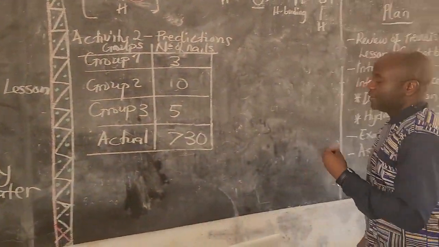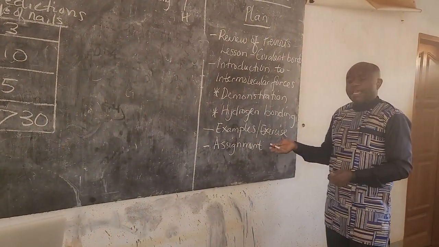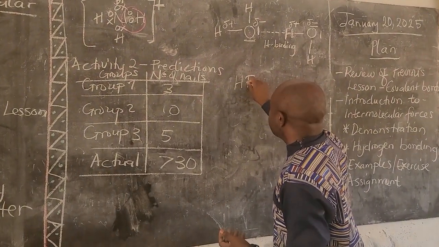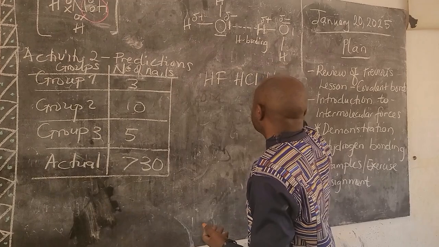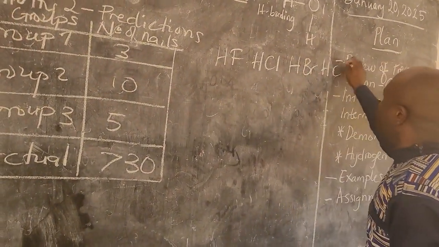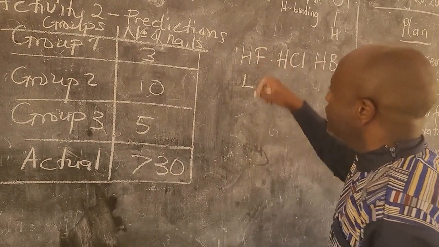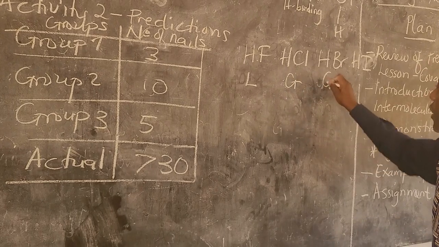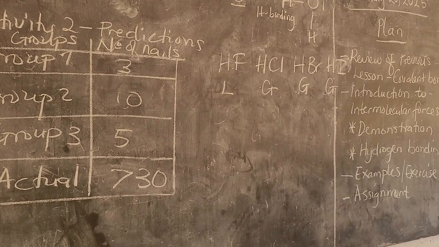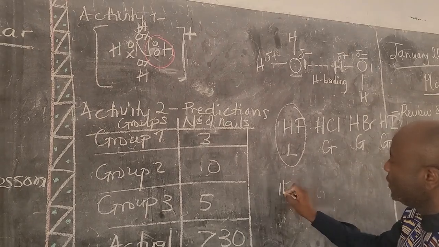We are going to look at more examples, and then after that we are going to have an exercise, and then we are going to have our assignment. A typical example is the hydride of group 7 elements. We have hydrogen fluoride, which is a liquid, while hydrogen chloride, hydrogen bromide, and hydrogen iodide are all gases. And this is due to the existence of hydrogen bonding